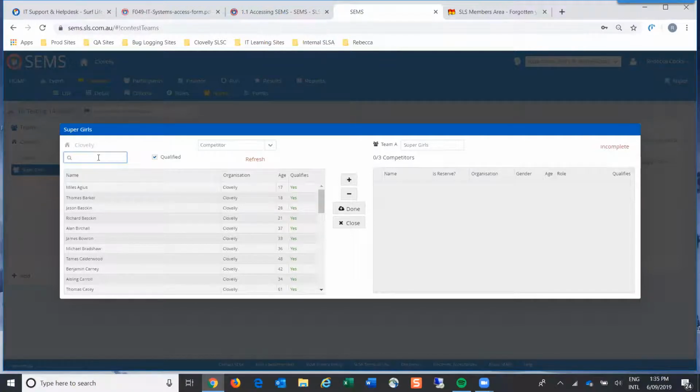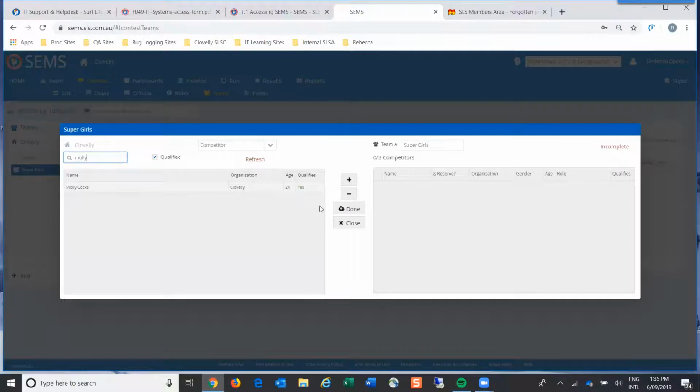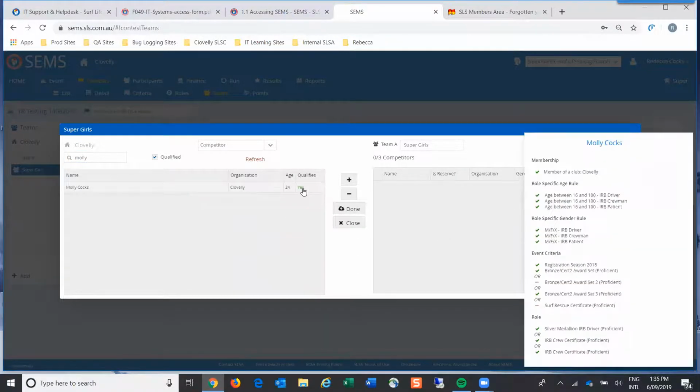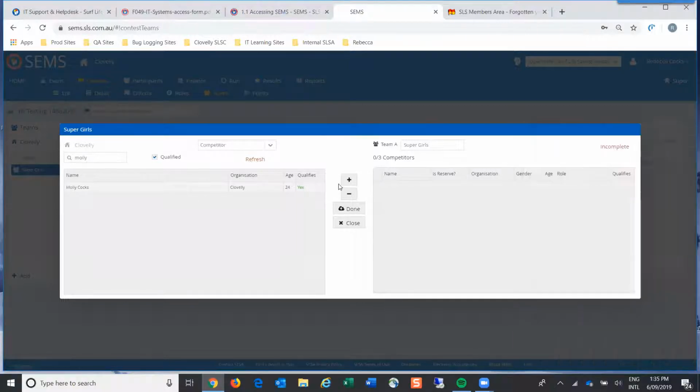I'm going to look for a yes, because they meet all the criteria, holds the award set, etc. For membership, they are a member, have the correct age requirements, have the correct specific gender roles, and have the event criteria and the roles covered. So that competitor can be added.